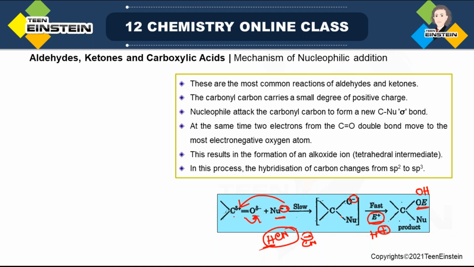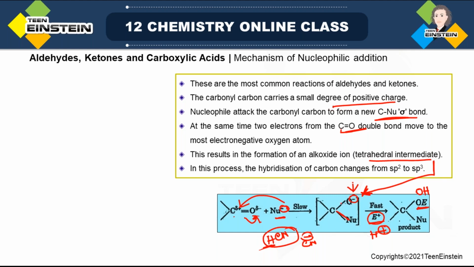Here, carbonyl carbon, as it is less electronegative compared to oxygen, will have some small degree of positive charge. Nucleophile will attack the carbonyl carbon. It will form a new carbon-nucleophile sigma bond. At the same time, 2 electrons from the C double bond O will move to the most electronegative oxygen. So as you can see, negative charge is present here. Now this results in the formation of a tetrahedral intermediate. So this is actually the tetrahedral intermediate